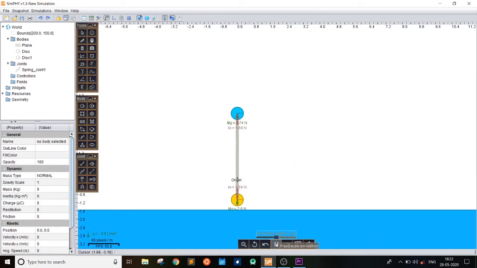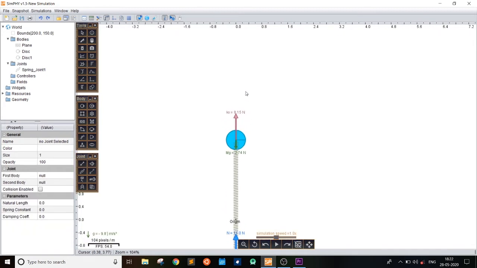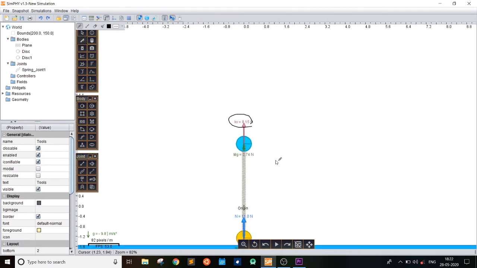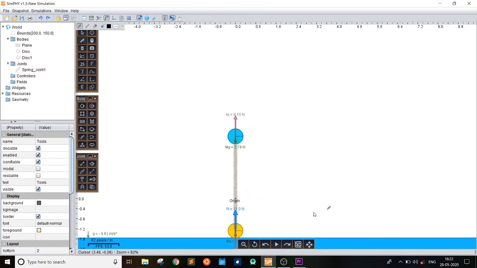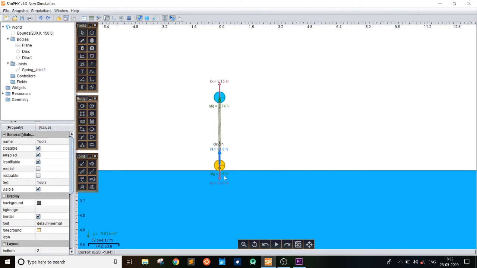Now we will play the simulation, and after playing it we can observe that other forces start acting on it. The first one, which I circled, is kx, the spring force, and you can also see other forces like normal reaction. There's a small amount of friction also, and initially the mg due to gravity, and you can observe that the spring forces acting on them are equal and opposite.